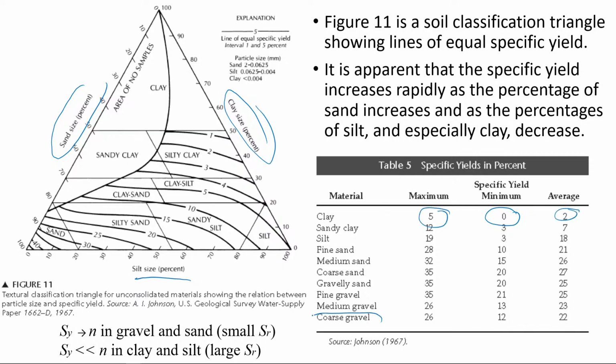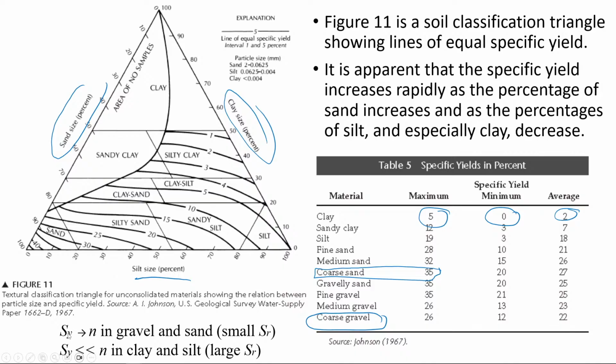If you have a coarse gravel or coarse sand, for example, you could have a very high specific yield. So basically in this figure, for gravel and sand, small specific retention,